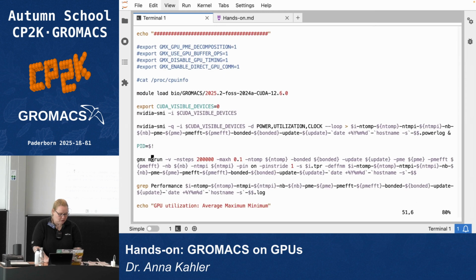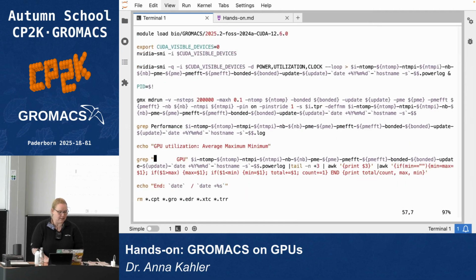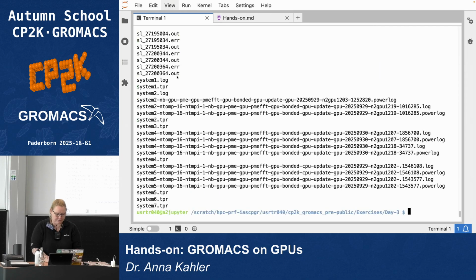Then a long gmx mdrun, with all the parameters in there, and some printing of data to the files. In the end, you're going to have a few files for all of the benchmark systems. I deleted everything that we don't need. That is automatically deleted,